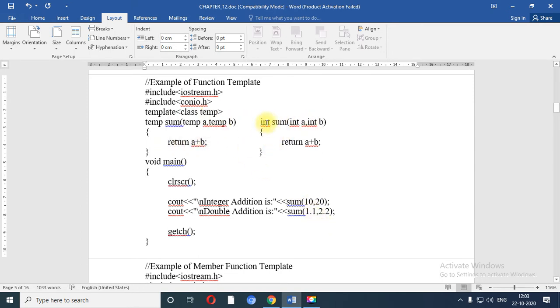So you just need to perform this for the first time. If you don't know how to write a template, at that time just write a simple function or simple UDF in which we always write.